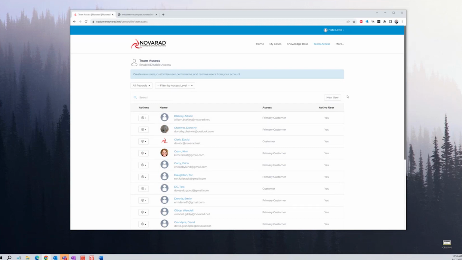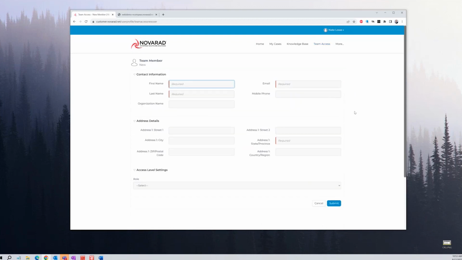So I am going to go through setting someone up from scratch. Click new user. We have our first name and our last name, organization name. As you can see, the little red bars here indicate that it's a required field. So you don't have to put the organization name. But if you have different facilities, maybe it would be helpful to you to say, you know, west facility, east facility. Email address.